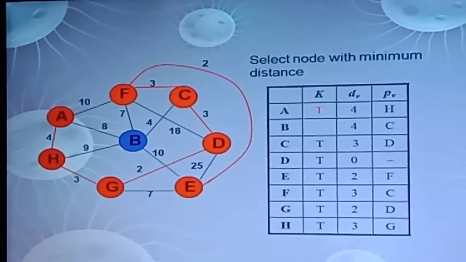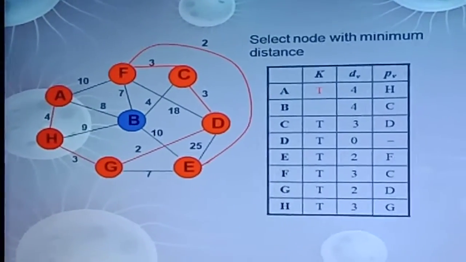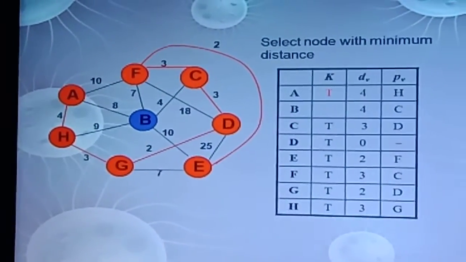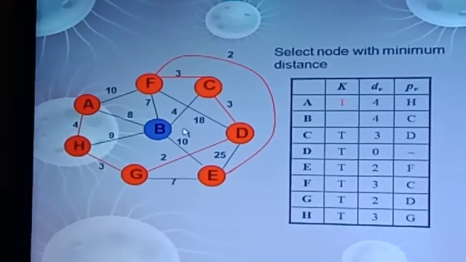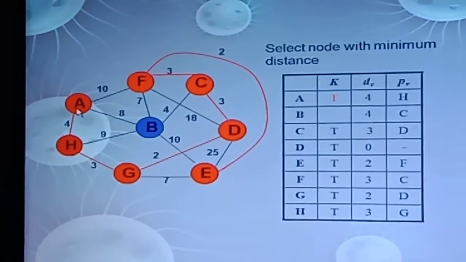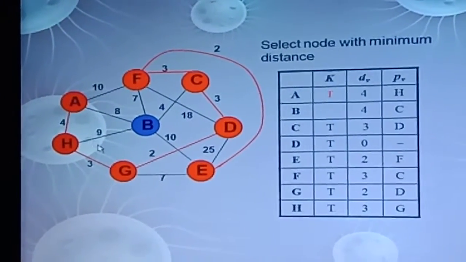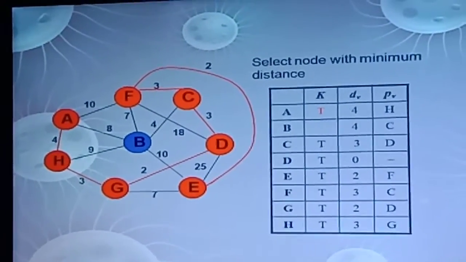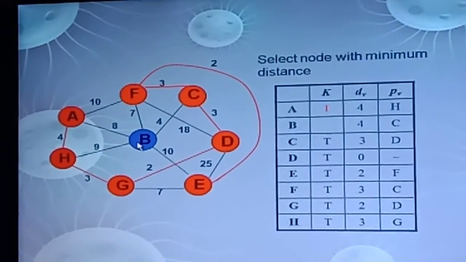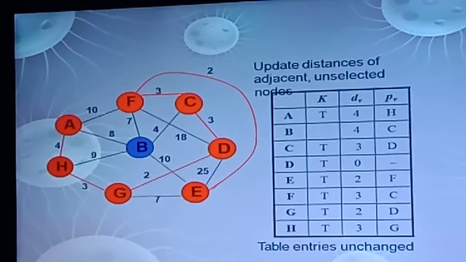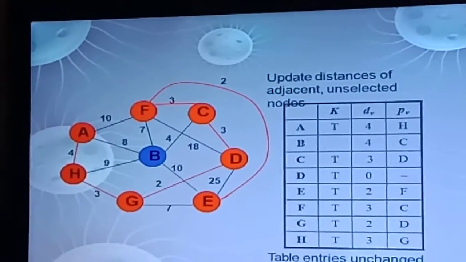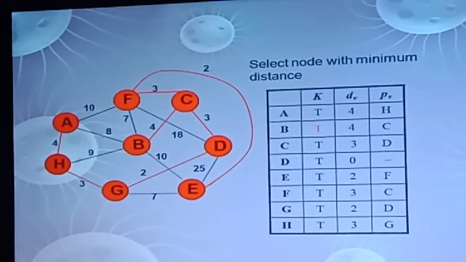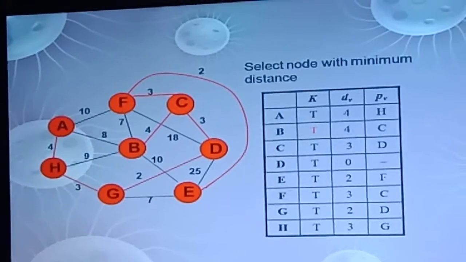So table entry A is changed. And coming to the next one, select the neighbors which is having the least cost among the existing set of vertices. Available vertices are A and B, both are having the same cost. Either you can select A or you can select B. So selecting A, neighbors of A which are already all visited except B, but B is having the cost 8, which is greater than 4. So no need to change the table, so the entry remains same. And select B as the last vertex with the same cost, which is less than the direct cost from A to B, that is 4.